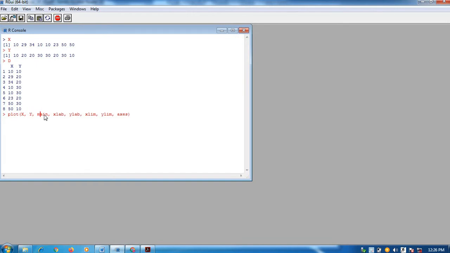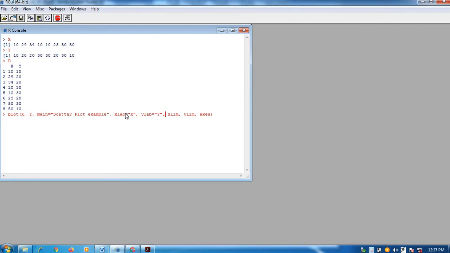Now main, we can label it like scatter plot example. Then x label, you can have it as, suppose, x, then y label is equal to y, these are the text only.